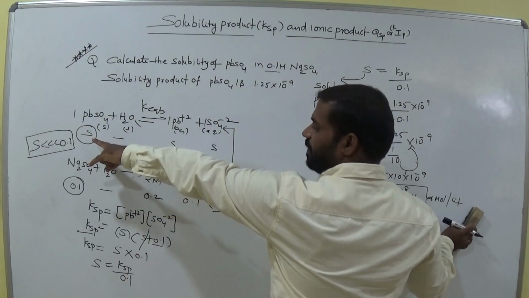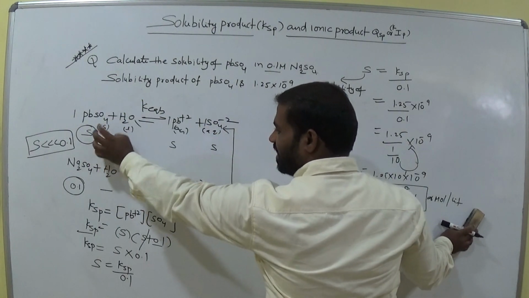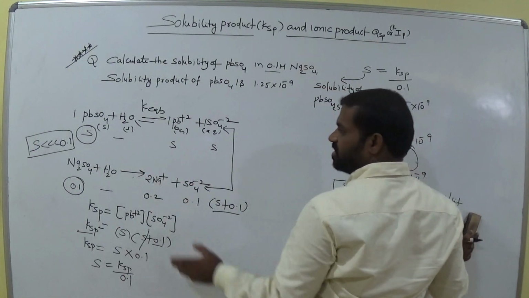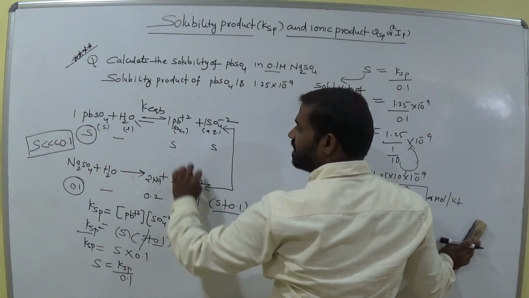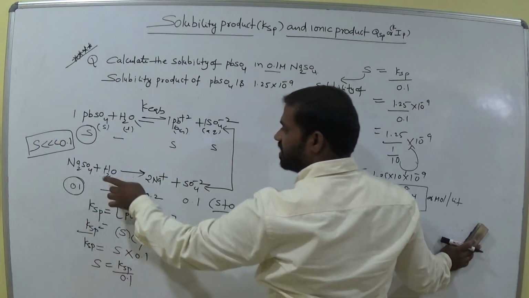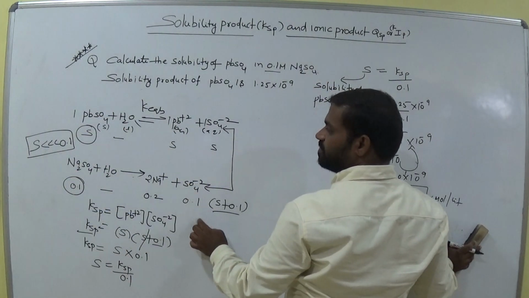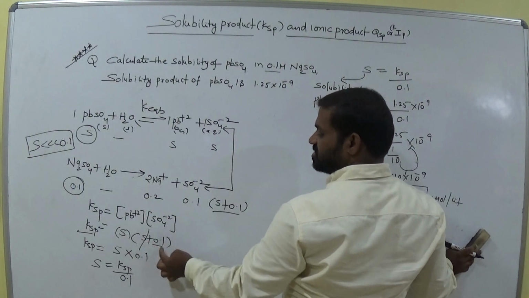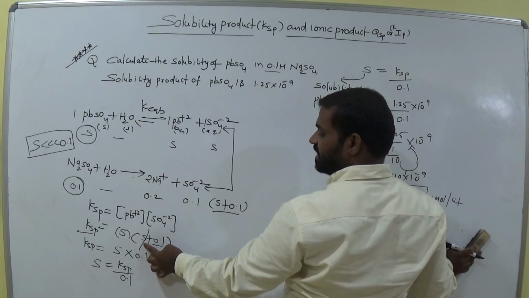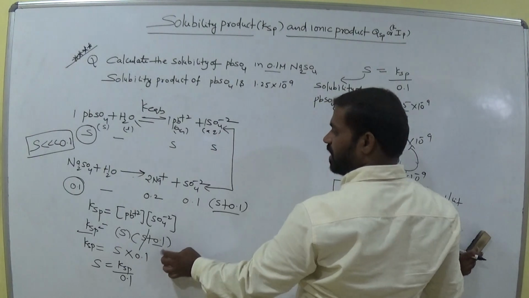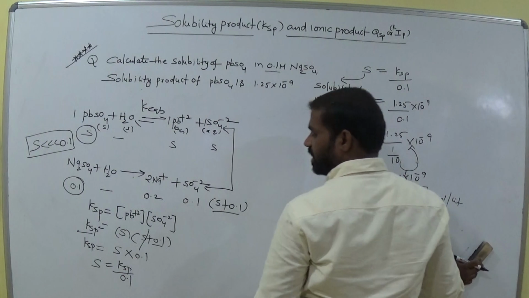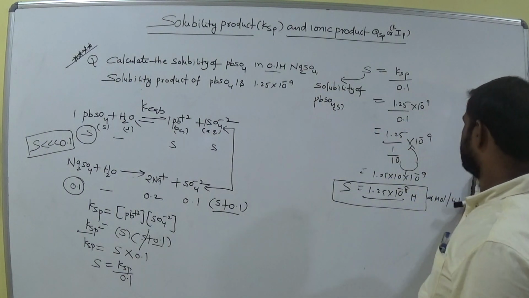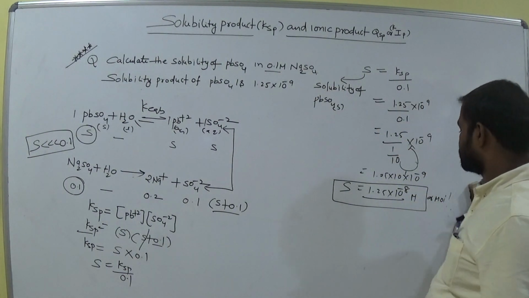That means it becomes precipitate. Reversible means it is already solid, precipitate. There is no solubility, less solubility. So that means initially its solubility is there, but by adding common ion its solubility decreases. What is the solubility of sodium sulfate? 0.1. So here S plus 0.1 means its solubility decreases. It's very less when comparing with 0.1. 0.1 is the solubility of sulfate ion or sodium sulfate. Okay, remember this. That is the answer.